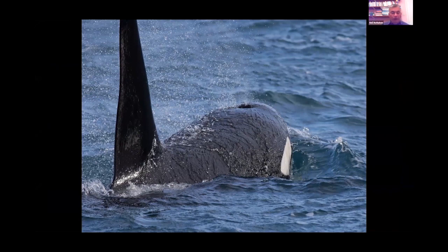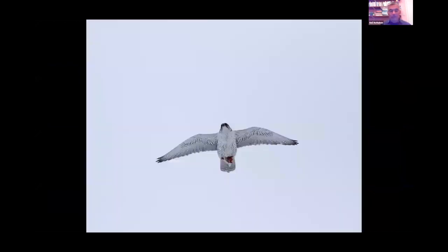Sometimes 3 or 4 pods hunting together, chasing the herring down and pretty much totally ignoring us. So if you really want to see one of the most dramatic animals in the world, this is definitely one of the best places to go. The bird that everybody wants to see, but it's a tricky one, is the gyrfalcon. I managed to photograph this one just as it had flown up with a little bit of ptarmigan in its